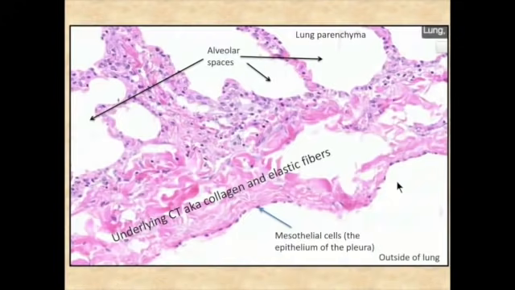And if I zoom really close in on one, I found this, I don't remember if it was this slide or if it's a different slide, but I zoomed in so you can see the simple squamous mesothelium, and it's called mesothelium because of its derivation. That's on the outside of the lung, and then here you can see the underlying connective tissue. And so it kind of looks somewhat messy because of the artifact here, but it's continuous with the lung parenchyma. You can see alveolar spaces located